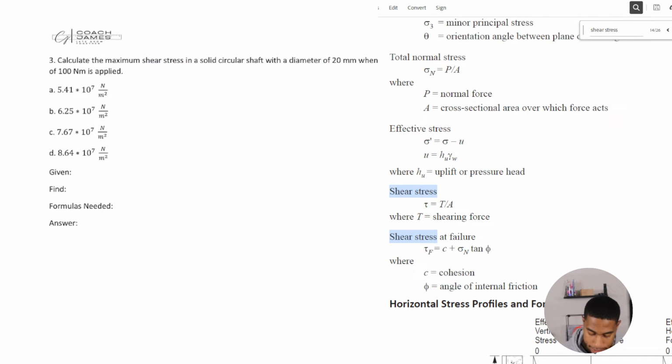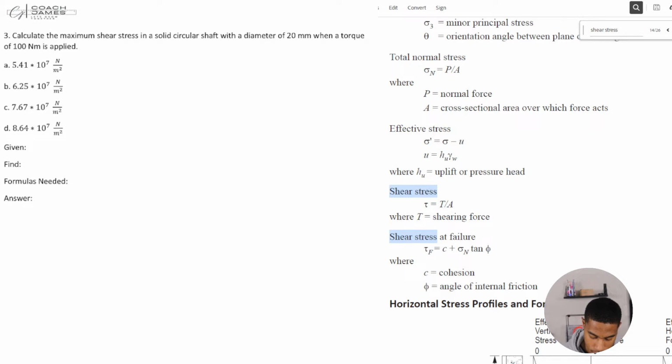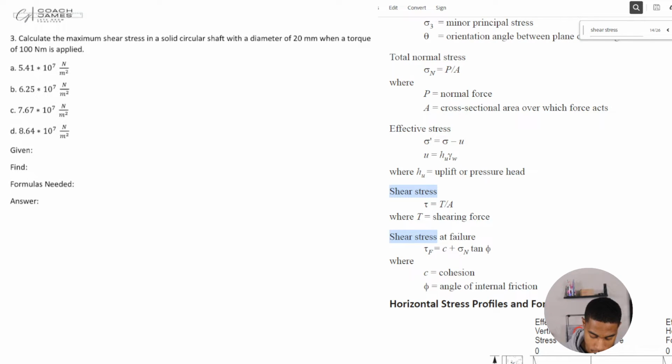All right, let's look at number 3. All right. This one says calculate the maximum stress in a solid circular shaft with a diameter of 20 millimeters when a torque of 100 Newton meters is applied. Okay. All right, so